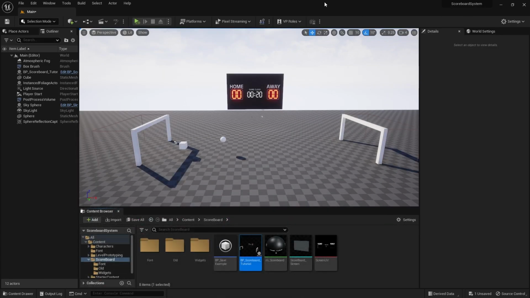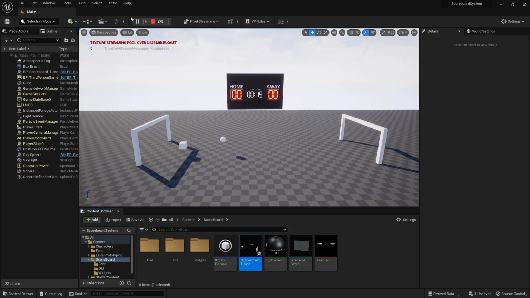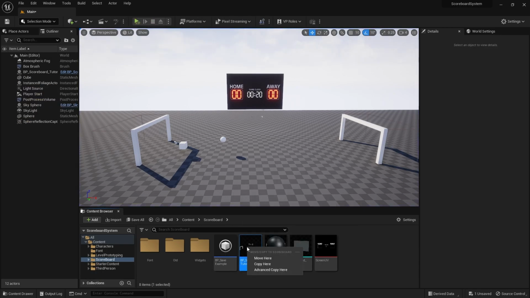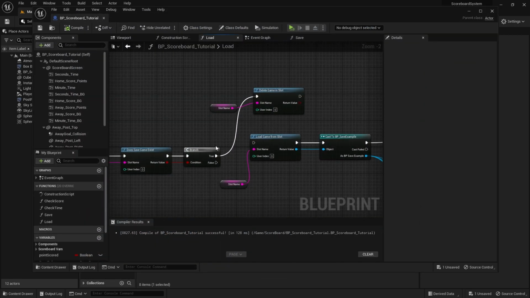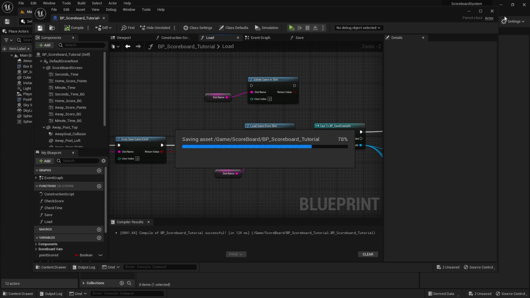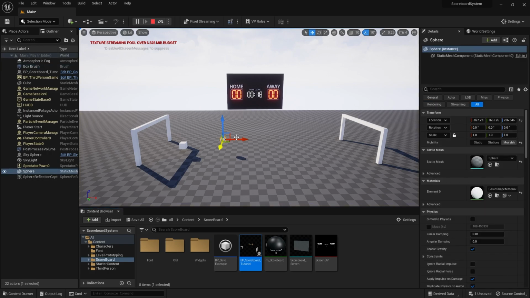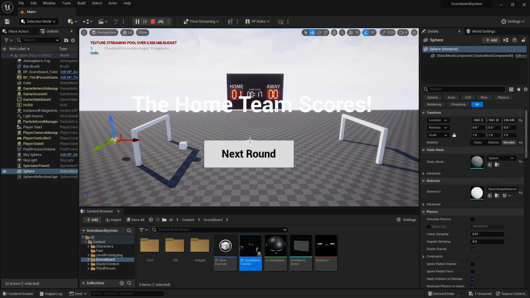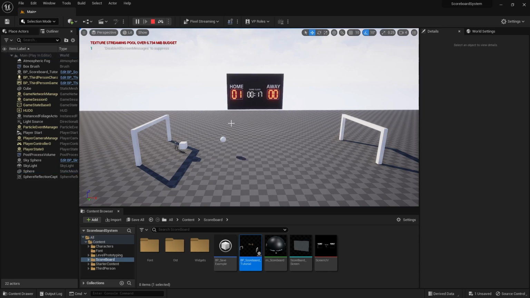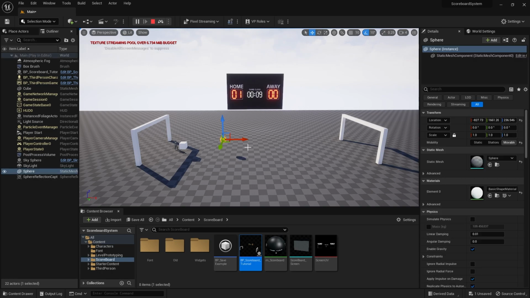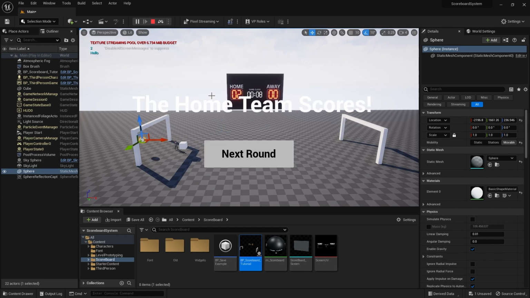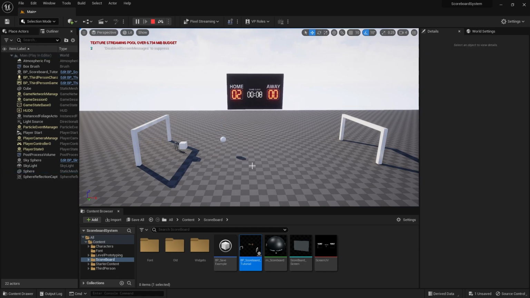Compile and save, and then let it run first, and then all I need to do is simply stop the simulation, and then go back into the blueprint, and then relink that into the load game slot over here. And now if I compile and save, it should work. So if I press on play and then move the ball into the goal, it will score a point. And if I press on next round, then yeah, it will continue down with the timer counting down. And then if I score again, then yeah, it will make another score like so.